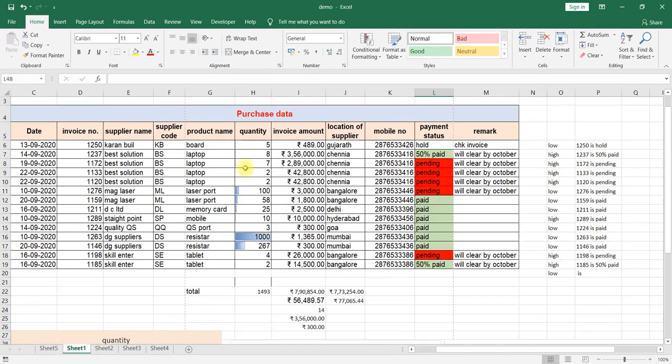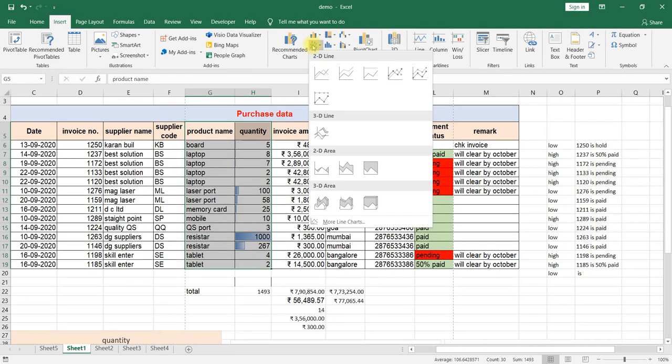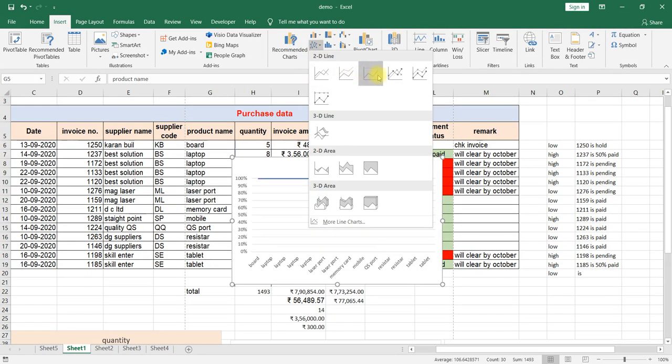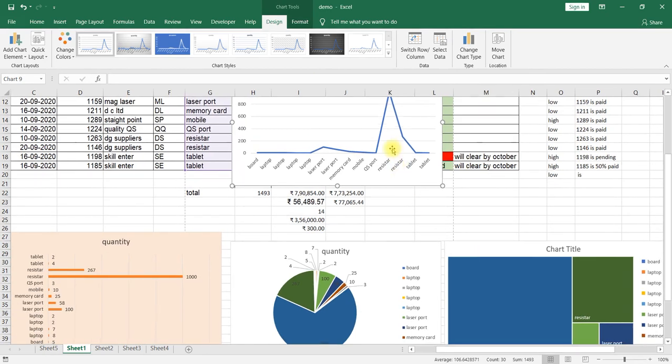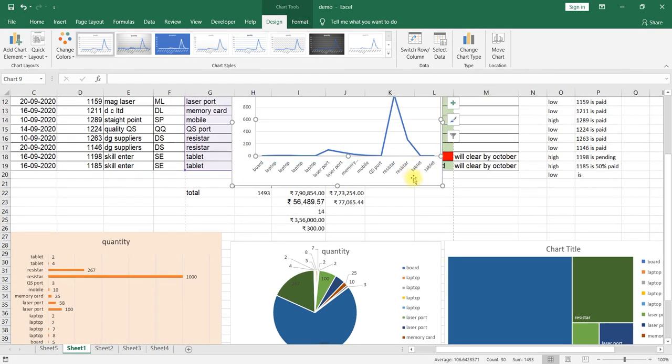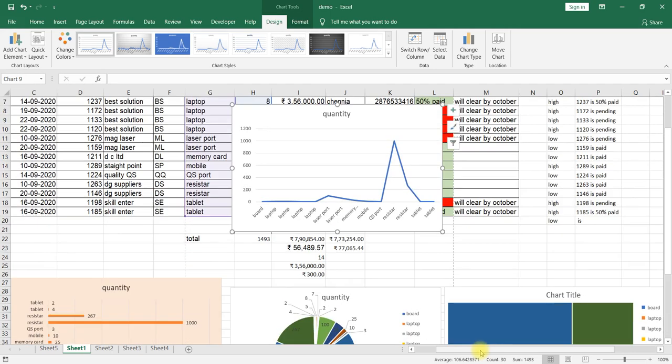One more chart we can insert is the line chart. Select the data, go to Insert, and choose line chart. Here also different types of line charts are available. The first one is the basic line chart. Select that one, and you can see we have inserted a line chart.